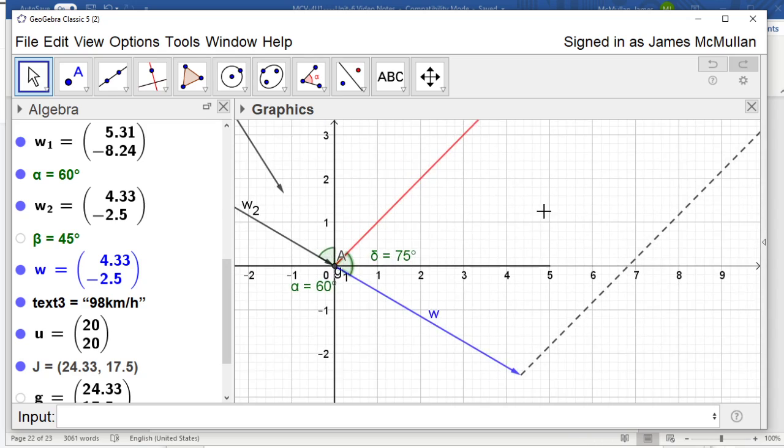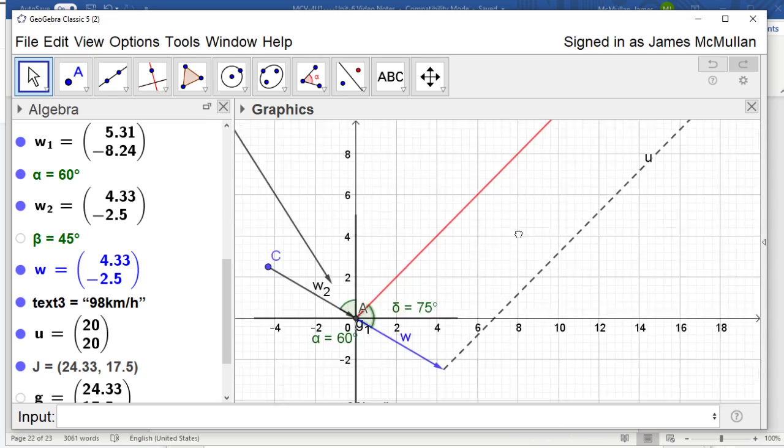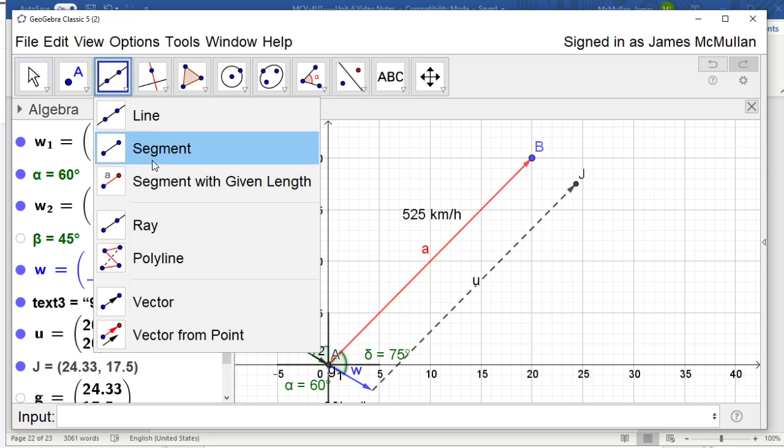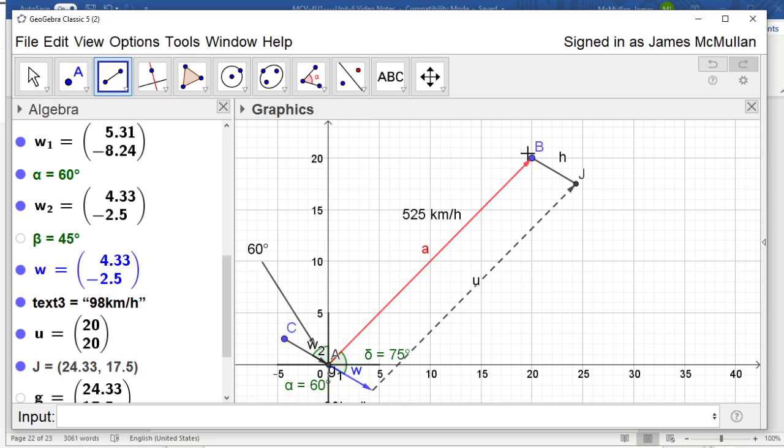Now think about a parallelogram for a second. In a parallelogram, this corner's angle must be the same as this corner's angle. So again, let's just measure that quickly, and we'll go angle between